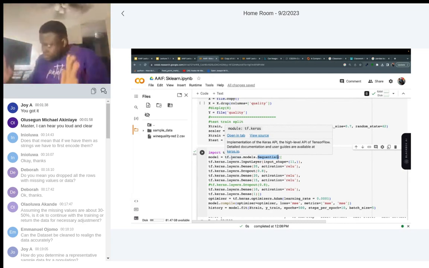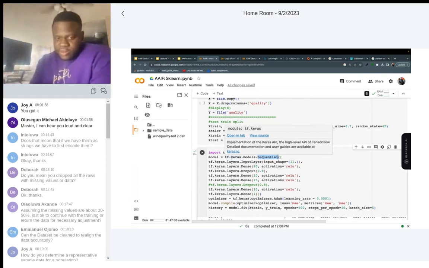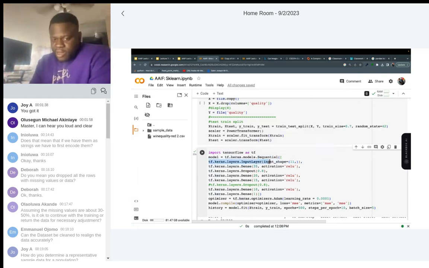It's not dynamically changing anything. So usually most models are sequential. This is just the default. Now the input layer, if you look at, I create so model.tensorflow